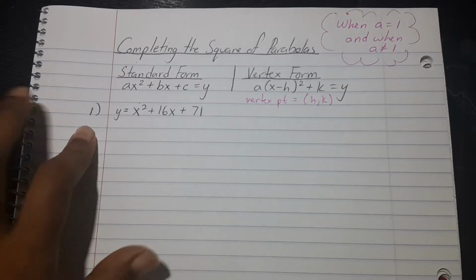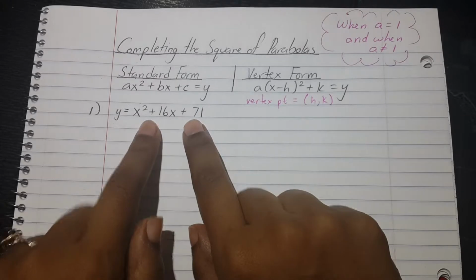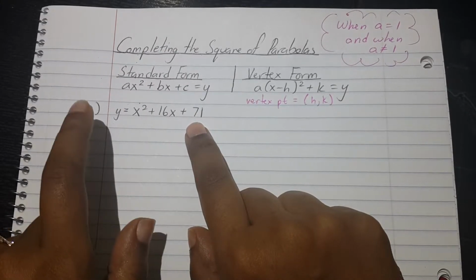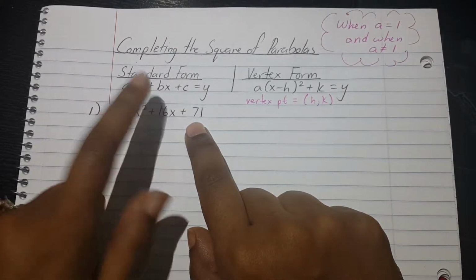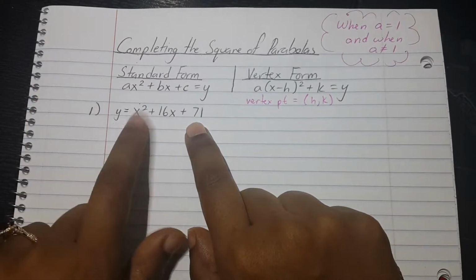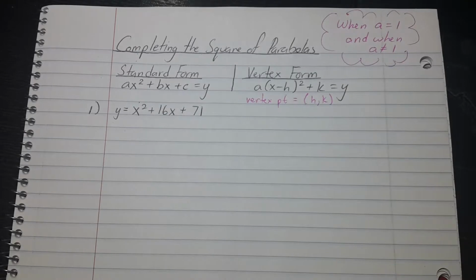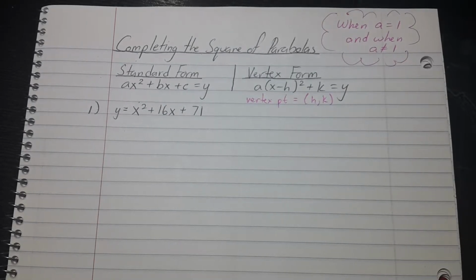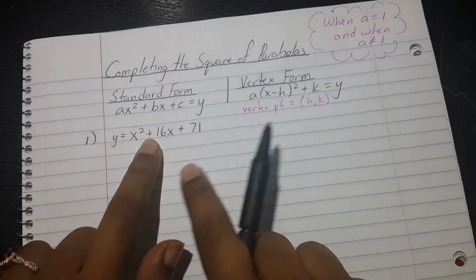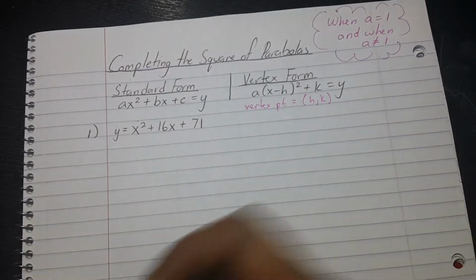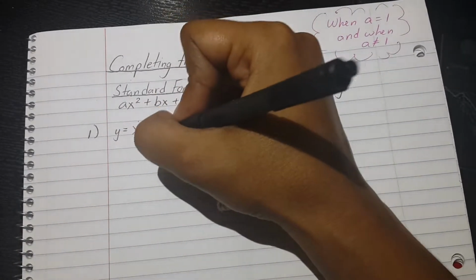So let's take a look at number 1. So here we have the standard form of a quadratic equation, and we see that the a, which is the coefficient of the x squared term, is 1, so there's no number here. So what do we do in situations like that? Well, we want to get this form to this form. Okay, so let's start off by rewriting the equation